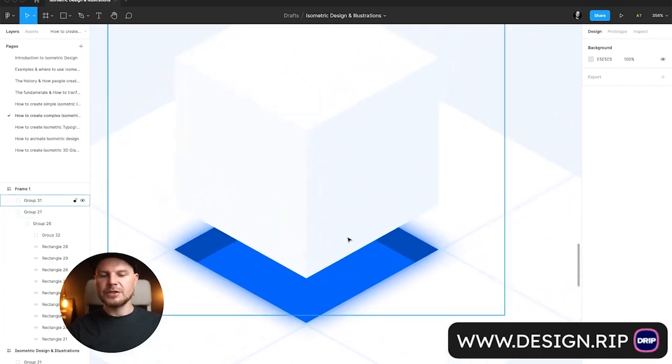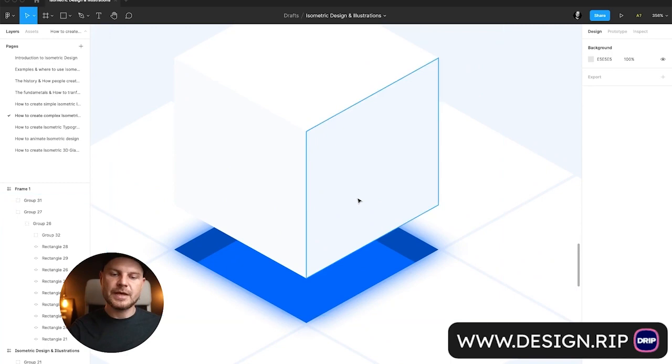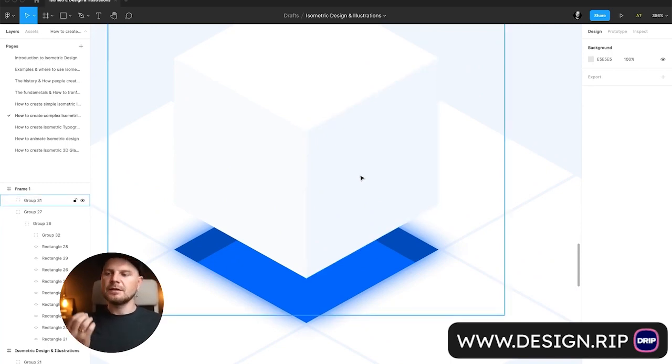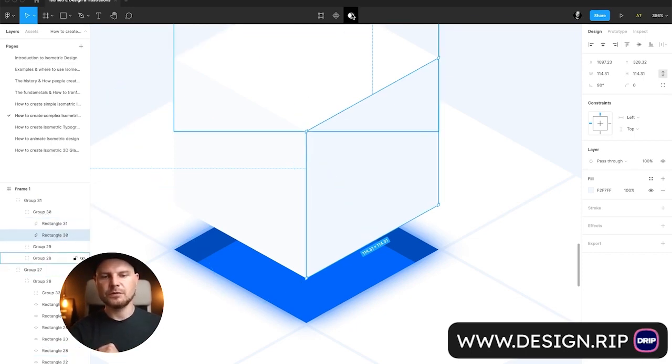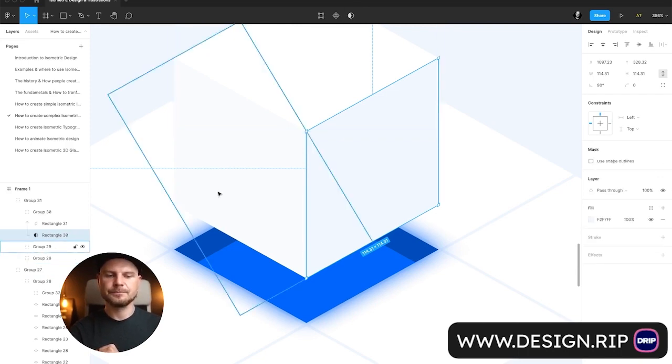Now we need to make the reflection here. What we're going to do, again, we will use masks. Because we are using masks, it's better to group something, to put elements inside of the group and work with masks inside of the group. In this case, we'll know that this mask will not apply to other elements that we are working with. Cube, this side, what we will do, it's already inside of the group, which is perfect. We'll duplicate it one time, Command D,